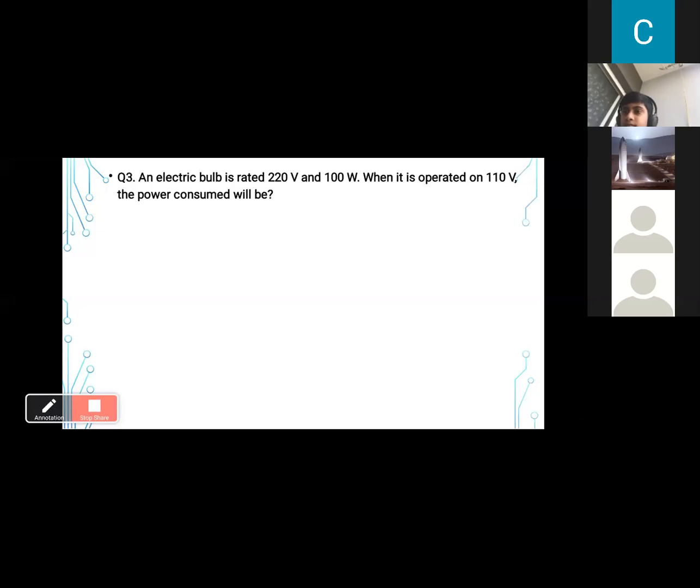Electric bulb is same. Current will be dependent on voltage. If I'm changing the voltage, current will also change, because by Ohm's law, V is proportional to I. But same device means same resistance. Resistance will never change. It's a constant for same devices. If I'm changing the device, resistance will change. So in such cases, when they are changing the voltage, you will always find the resistance first and then apply it in the second case. You will never find current because current is dependent on voltage. It will change according to voltage, but resistance will be same always.